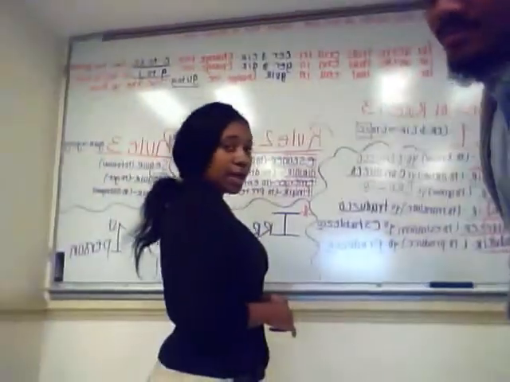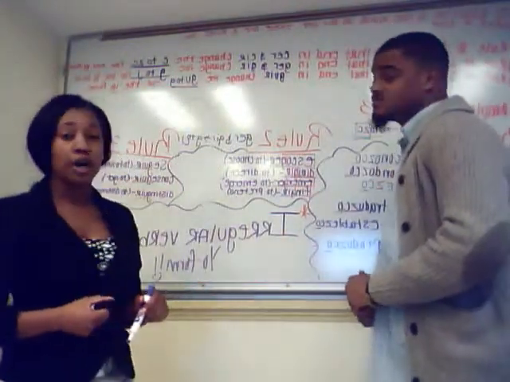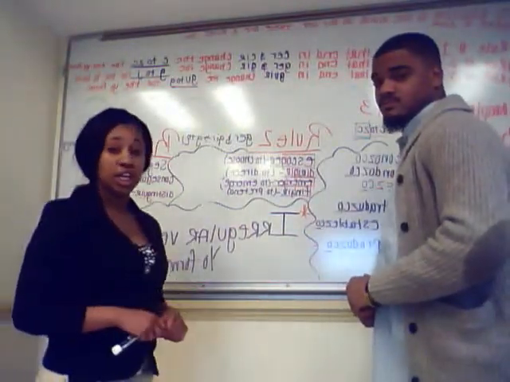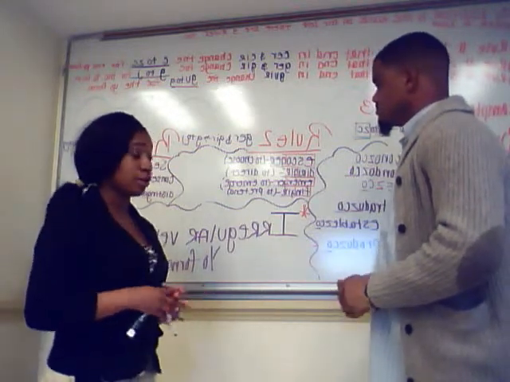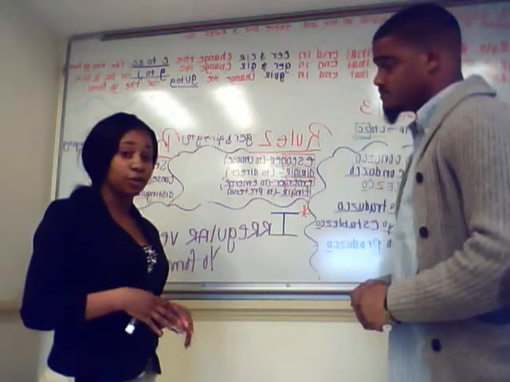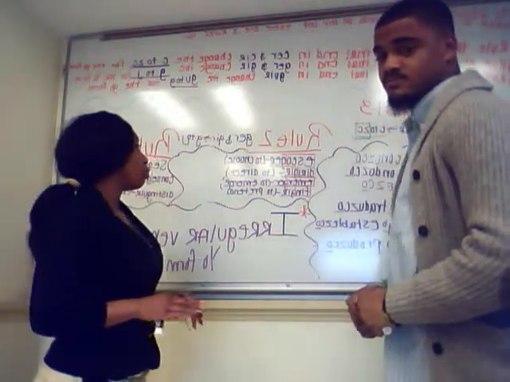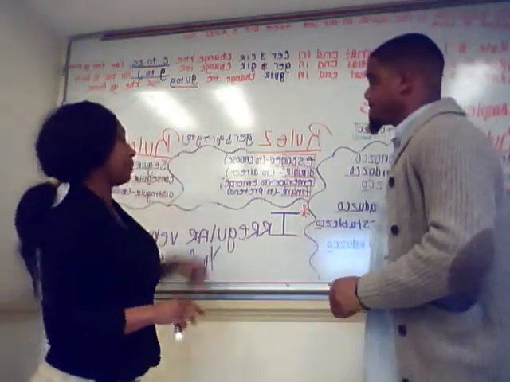Number 2. So now, as we move on to rule number 2, you're going to learn that your GER and your GIR, you're going to change your G to J. You must do this. This is just as crucial as rule number 1. All rules that we're going to teach you today are very, very important rules. So now, with rule number 2, like I said, remember to change your G to J.